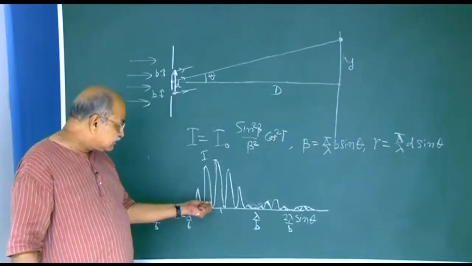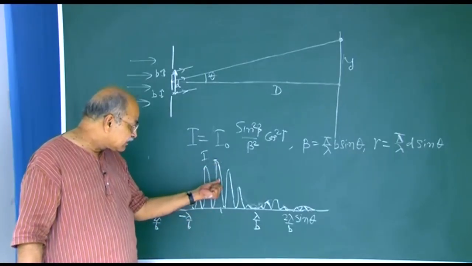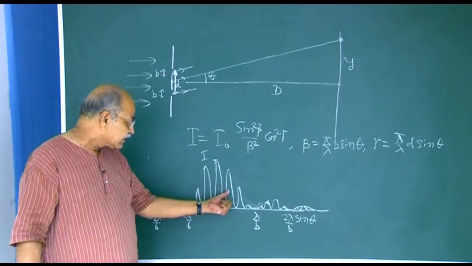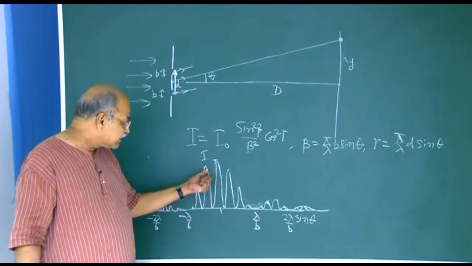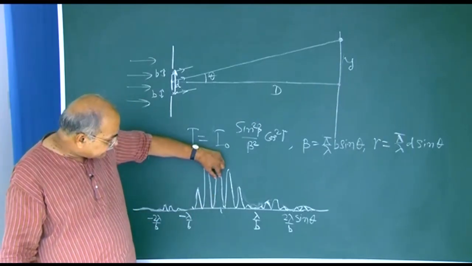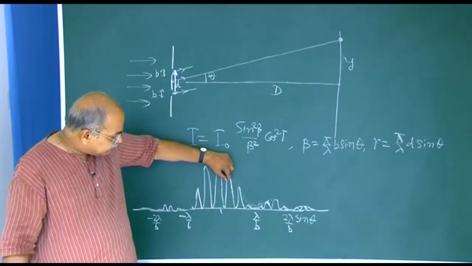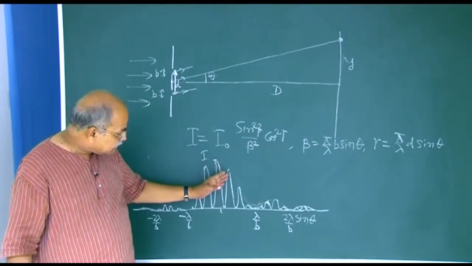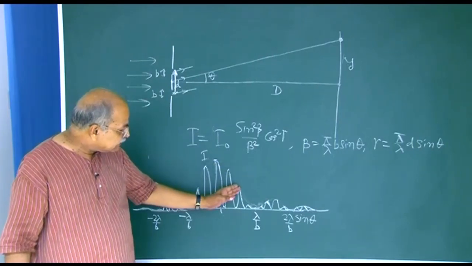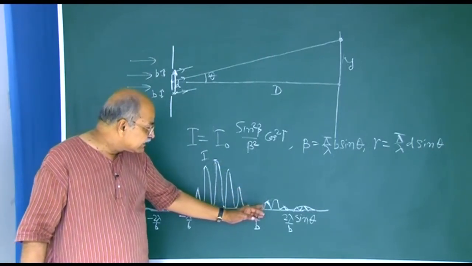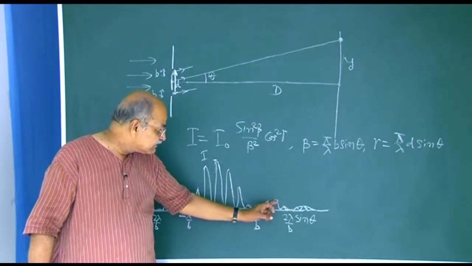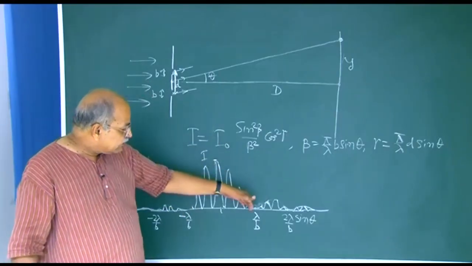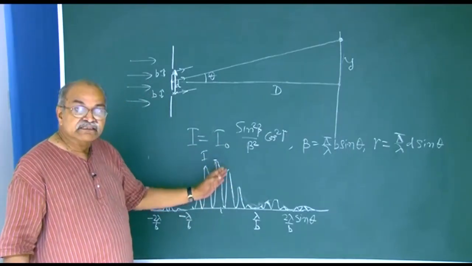So you have a central fringe here, quite bright, and then you have adjacent fringes, somewhat less bright, but the important thing is the width of the central fringe is the same as the width of the adjacent fringe, and in fact all the fringes. But the intensity goes down, down, down, governed by the diffraction envelope, and then once again here the intensity increases, but you have several maxima inside. So within that diffraction envelope you have this interference pattern.